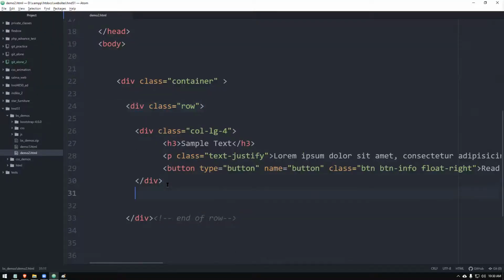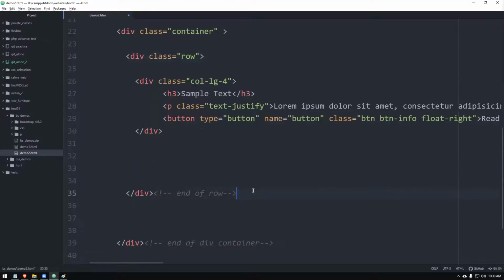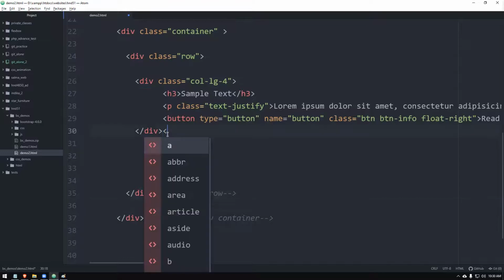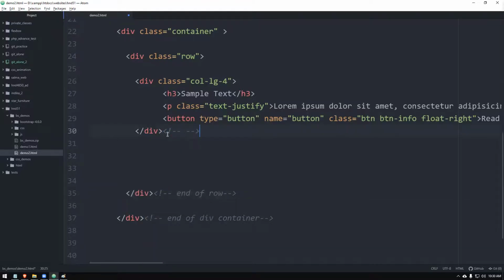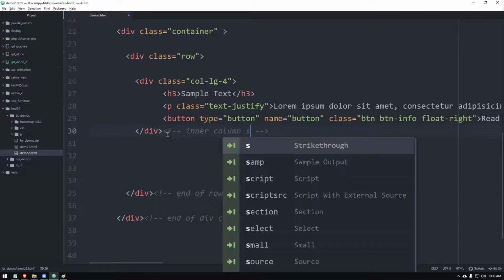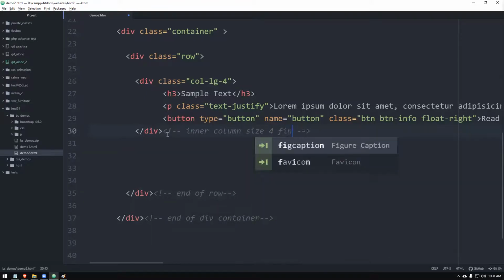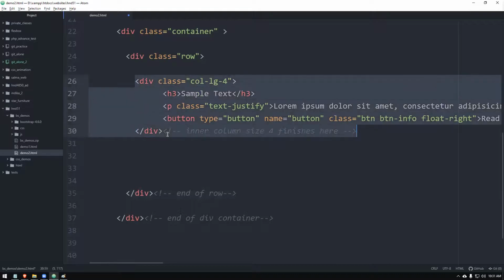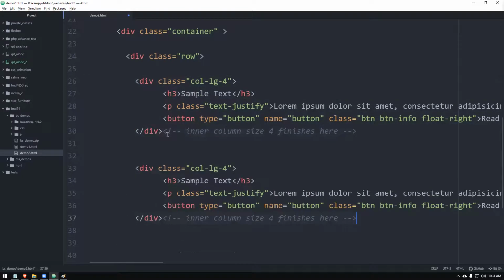But if I leave space nicely, see there are div tags finishing. See, 1, 2, 3 div tags finishing. If it hadn't been for the comments, it would be a problem. So you can have a comment like that. It always helps you when you're building a lengthy program. So I'm going to copy paste that.